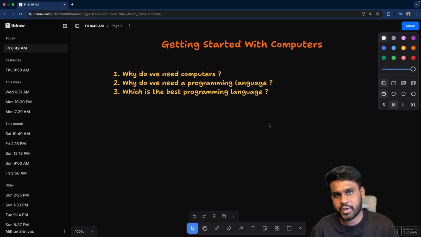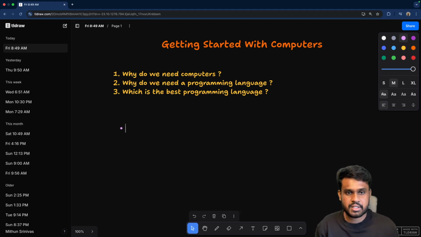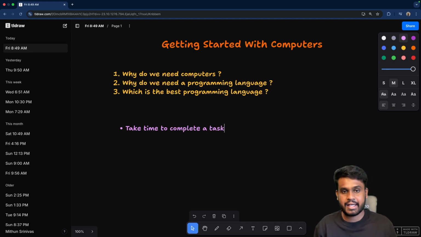If I ask you to count numbers from 0 to 10, you will be like, hey Mithun, this is so easy. Great. Now if I ask you to count numbers from 0 to 100, maybe 1,000, 10,000, you will be like, hey, I can do it. But what if I ask you to count numbers till a million, or 10 million, or 100 million? So you will be like, hey, I can do it, but it takes more time. So that's the first thing. Machines are used because humans take time to complete a task. It's not like they cannot complete a task. Humans take some more time to complete a task. This is the first challenge.